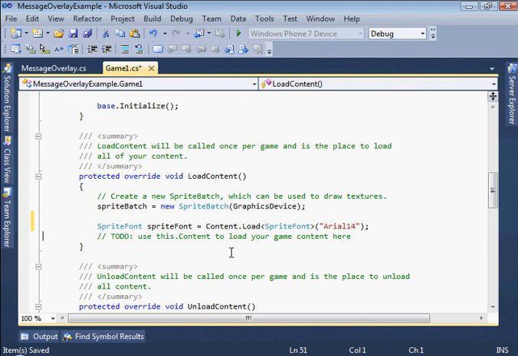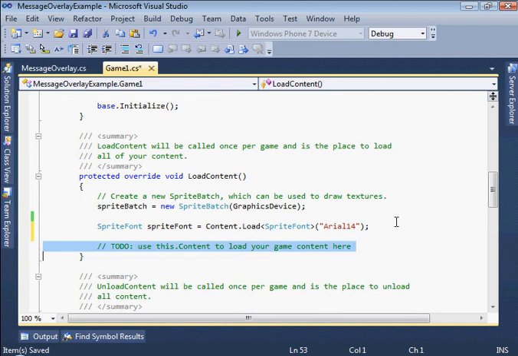Now we need to create this named sprite font in the content project. Before we do that, though, let's continue on here. So we create that sprite font, and then